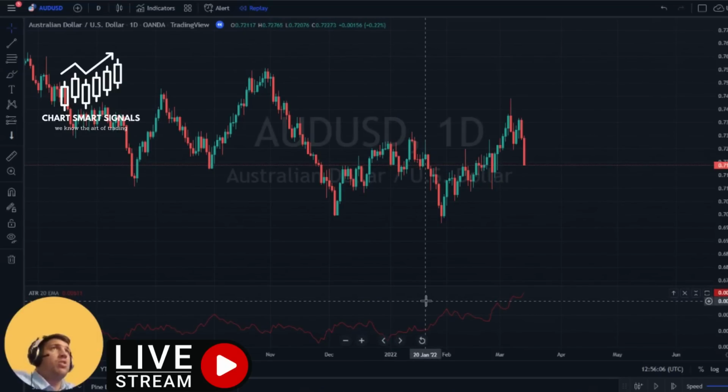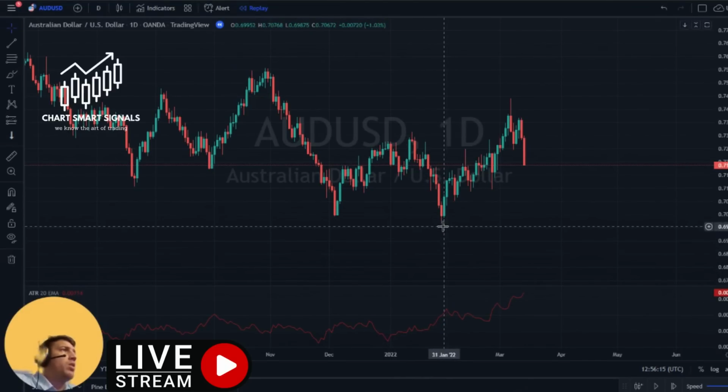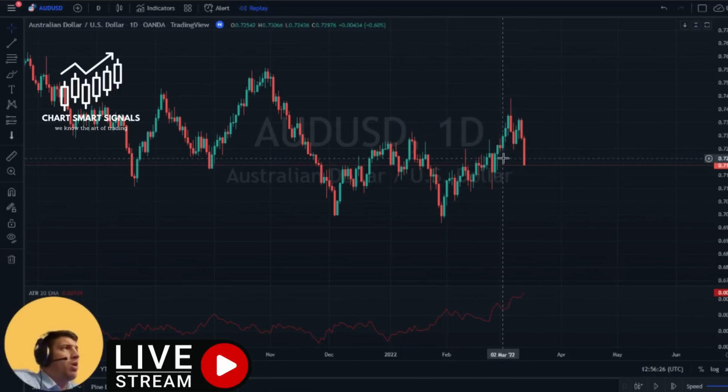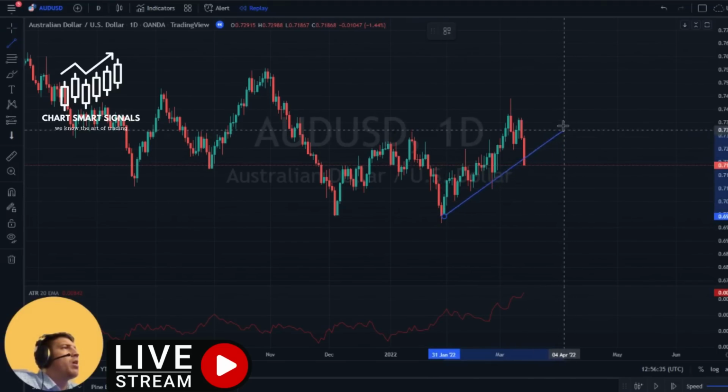Alright, we've got our last example on the Australian dollar and the US dollar. Alright, what we see at this point here, the swing low, which is this point over here, we saw a reversal of the previous trend. We're moving in an upward trend, so we're going to be looking for a long position over here. What we do see is a strong